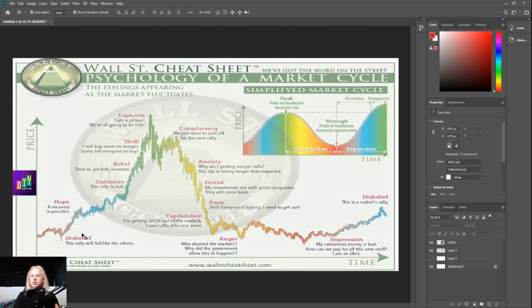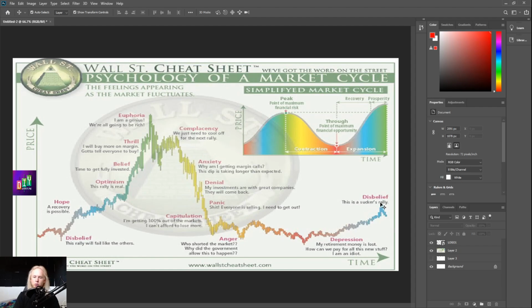Now, I talked about this in the last video yesterday, but one of the most important parts to understand here is that this is the way a cycle goes. You have a parabolic move up, you get more and more steep until finally we have too much momentum on the seller side, and then we start to fall back down, right? We have this big crash, we pretty much retrace the whole move, and then we round out here for a long period of time before we start it all over again.